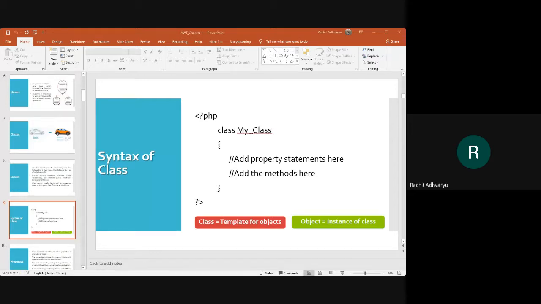Write a program in PHP to check whether a number is even or odd. And you need to use the concept of OOP, that is class and methods.